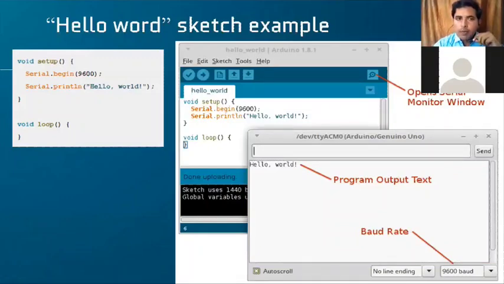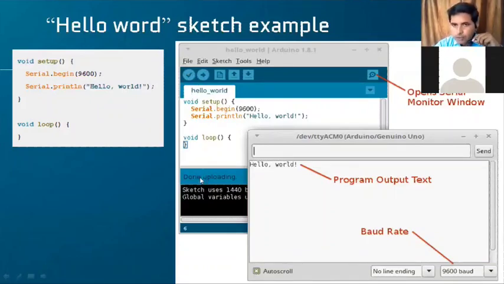And I want to print the hello world. So I'll use again one command, Serial.println. Why Serial? Because I'm serially sending a value bitwise. Okay, so to represent each value, this much rate is required. So once I write this, what I'll do? I'll verify the program with the check mark and upload the program.